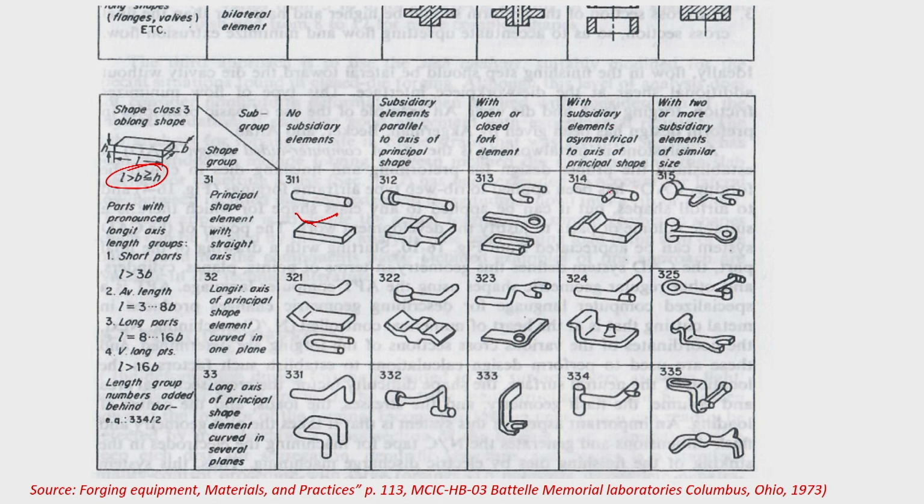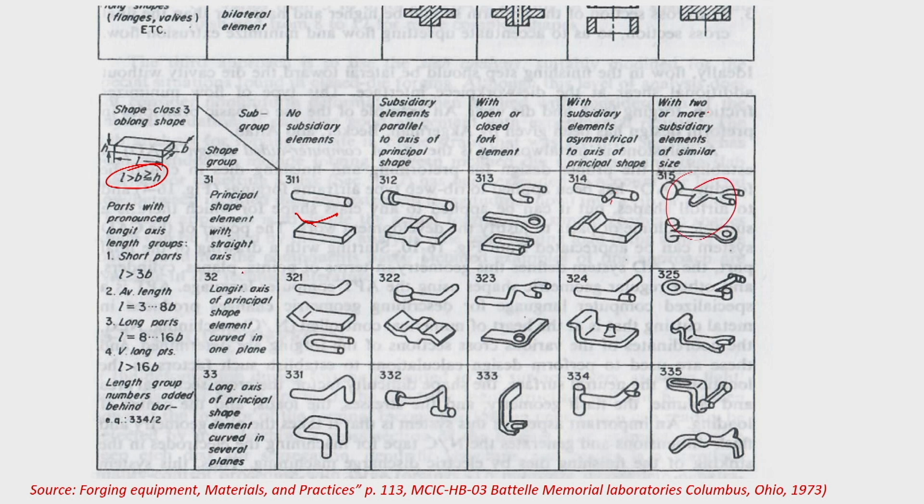Now, with the subsidiary elements which are asymmetrical, not symmetrical, then you may encounter other difficulties like die shift and other things may come into the picture. So, you may have to provide some extra facilities so that die shift is not taking place, and the die itself becomes difficult, the intermediate stages increase, and you see that with 2 or more subsidiary elements of similar shapes, that is much more complex.